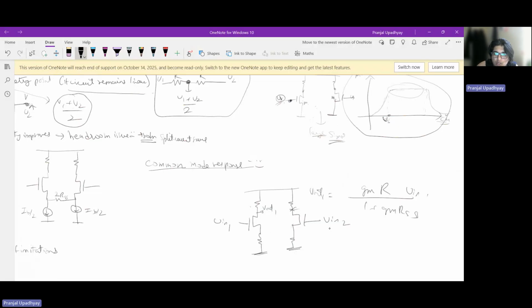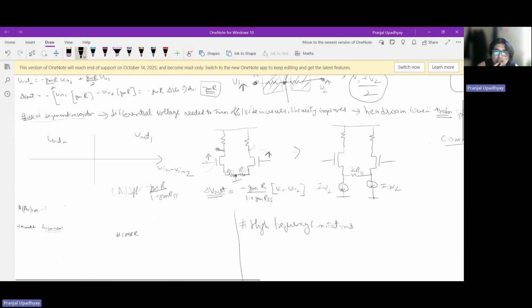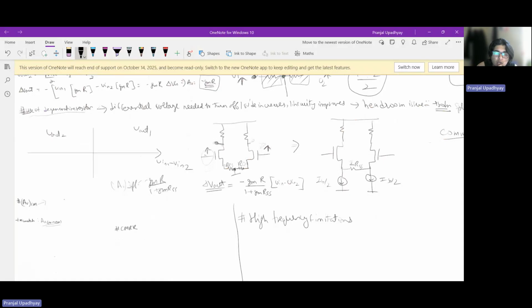What about Vin2? Here we can see in this picture that due to Vin2, the change in Vout1 is basically 0 in the small signal model, so I can just write minus 0. Basically, I can just express it as Vin1. Yeah, here I'm getting a bit stuck, I guess. But intuitively, we can understand that for a single-ended output, the gain must be a bit less,